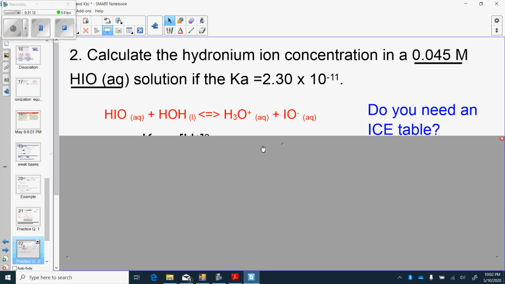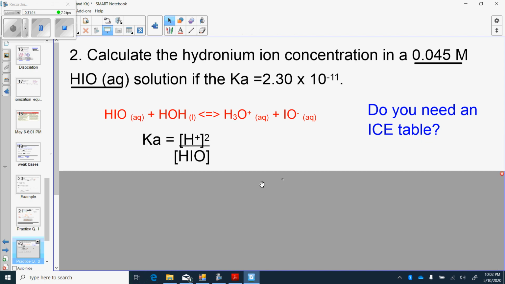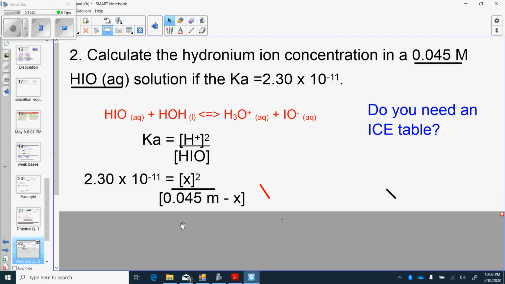Do we need an ice table? The answer is no. So instead of putting minus X here, because we have such a small Ka, we don't have to put minus X. Okay, so plug your numbers in. We get to leave this guy out